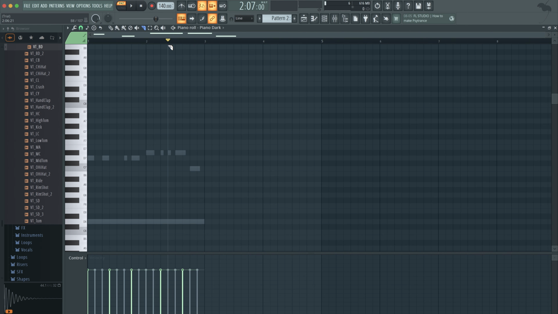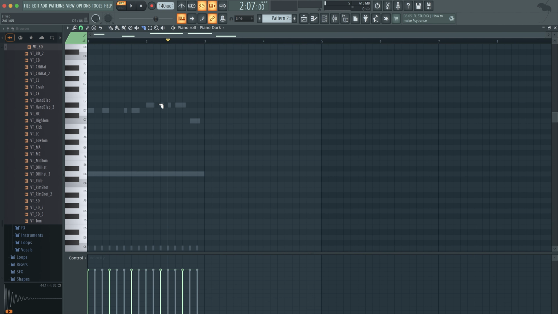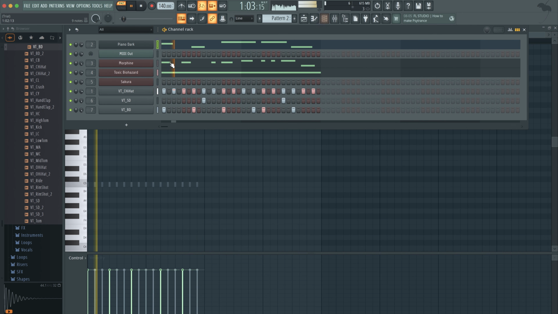Kind of want my piano lower, so let's click back in the piano, hit Control down. So you see these grayed out things, those are called ghost channels. Basically you can see the MIDI from other instruments on the same pattern. Turn down that Morphine plugin. This is why I said use the channel volume. Let's pan it to the right.